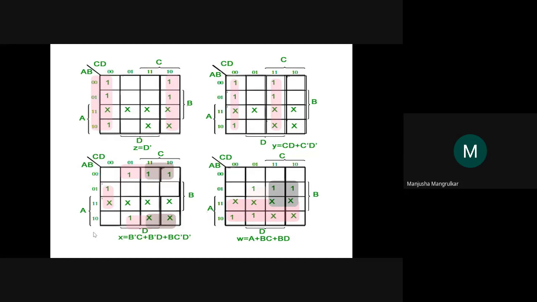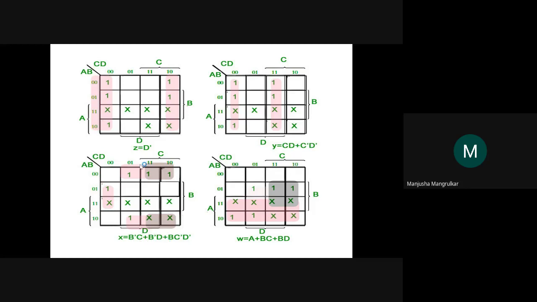A is changing, A is 0, here is 1. B complement will be there, right? B is 0. So B complement plus here we can see C is changing plus D is there. So what bit will we get from these 4 and these 4 combined in pink color? So B complement D. This is your first bit.